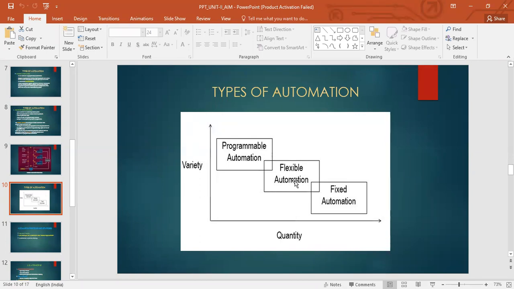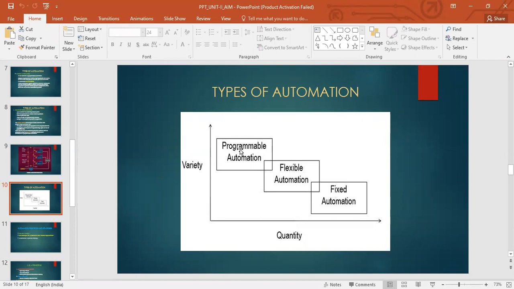So how will you decide which type of automation to go for? Based on your product variety and the quantity that you want to produce, right? There's no one hard and fast rule that this type of automation is the best. It depends on the case. If you want a product that will not change over time, the product design is not going to change, the demand is stable, then you can go for fixed automation.